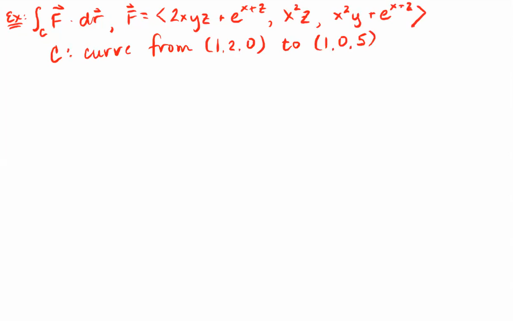So in general, only knowing the vector field F and the endpoints of C might not be enough information to evaluate an integral, because generally the integral of a vector field along a curve depends on the path from point A to point B, which we're not given here. You're just given endpoints. But if F is conservative, then it does not. Again, I'm just going to review the mechanical procedure for finding a potential f for which F is the gradient. So the question we're asking here is